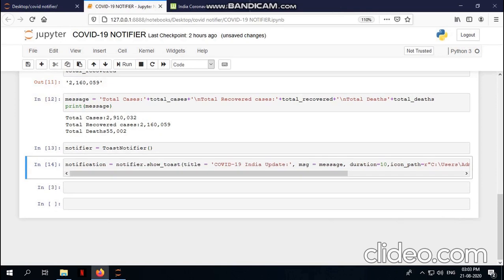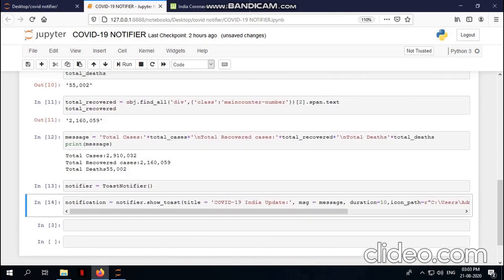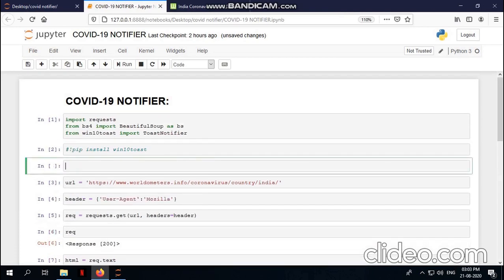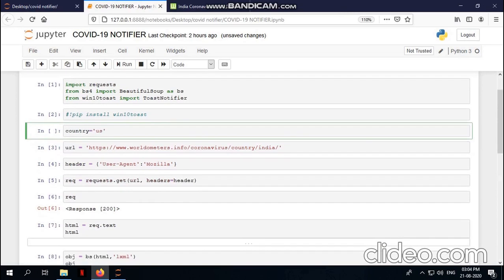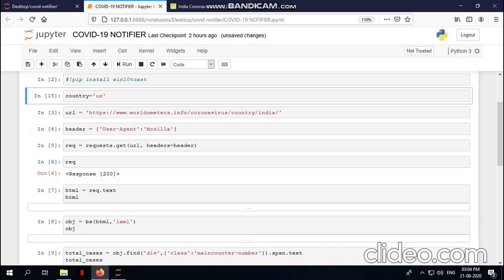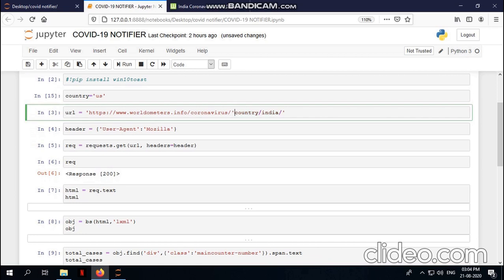Okay, so one more thing you can do is that you can change the country. Suppose I can pass a variable here called country, and suppose you want your country to be US, you want the data of US. So what you can do, you can make a variable called country equal to US, and in this you can pass that variable.